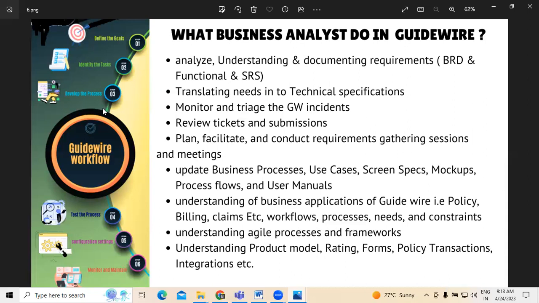Followed by this, nowadays, whatever application development we are doing, the solutions we are going to provide are completely tuned towards agile process and frameworks, which provide value-added services to the customer within specific timelines, so that delivery of the work can be much faster. So for that, agile process and frameworks are being used.